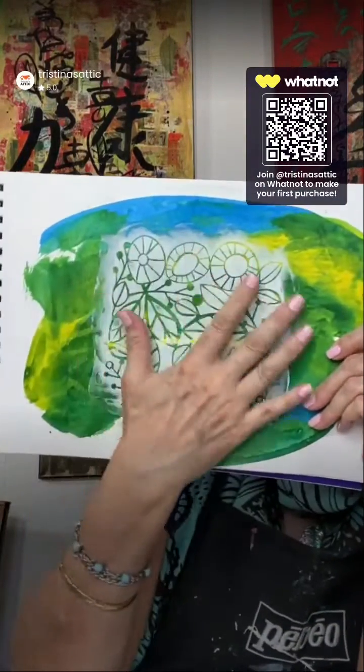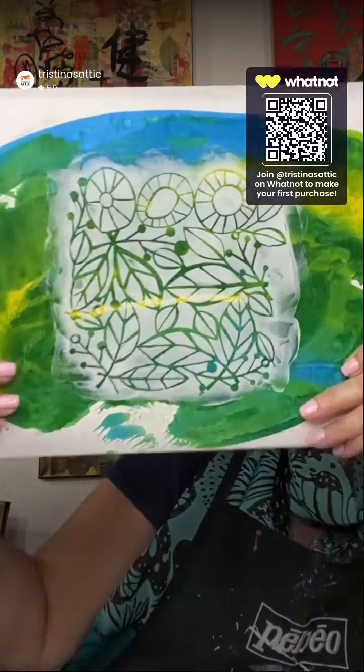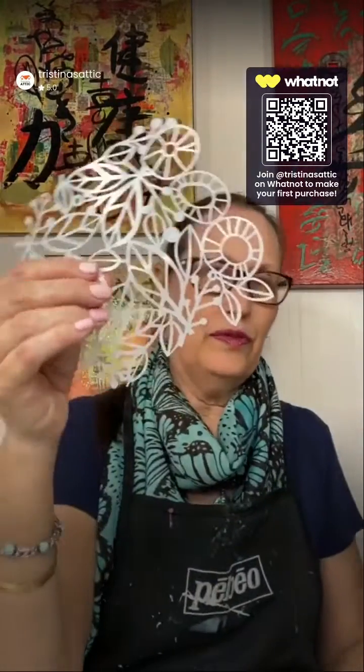Thank you very much. For me in Florida, where it's quite humid, it takes overnight for the modeling paste to dry, because modeling paste has a lot of texture to it and you're generally putting it on thick. So it's going to take overnight to dry. That's why I went ahead and prepared this ahead of time so that you can see what the texture is going to look like from putting the modeling paste through the stencil like that. And I'm going to show you how I do that. All right,